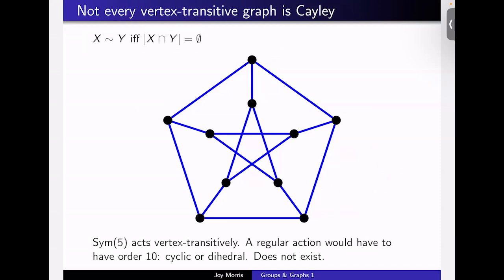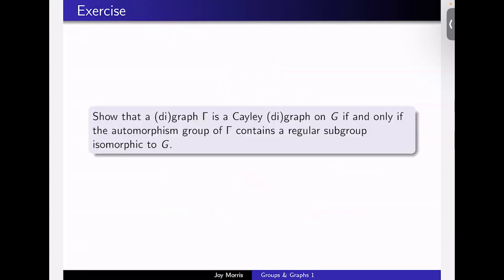That's what I just said. The symmetric group acts vertex transitively. A regular action would have to have order 10, would have to therefore be cyclic or dihedral, and there is no such action. So another exercise that you should be able to figure out based on the definitions and what I've explained so